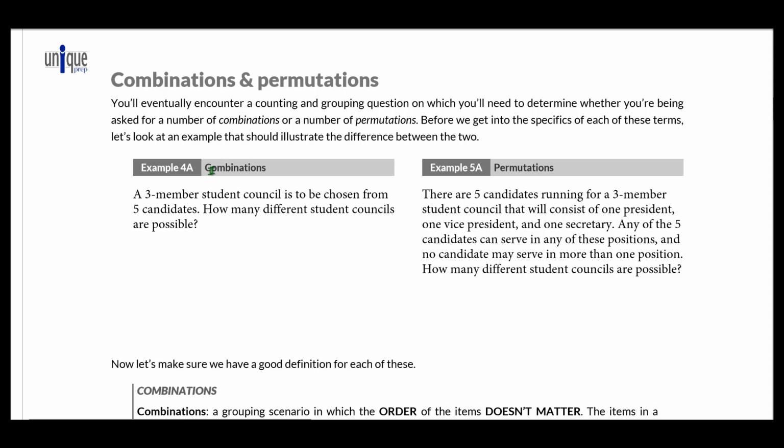So in terms of examples 4A and 5A, what I would do right now is pause the video, read these two examples, and think for a moment about what the difference is between the two. So go ahead and do that. So in example 4A, which obviously we come right out and say is a combinations question, and this is a permutations question, if you've already read these, you can see that there actually are some very clear similarities. In each question you've got a 3-member student council, you've got 5 candidates running for this student council, and then both questions are asking pretty much the same thing: how many different student councils